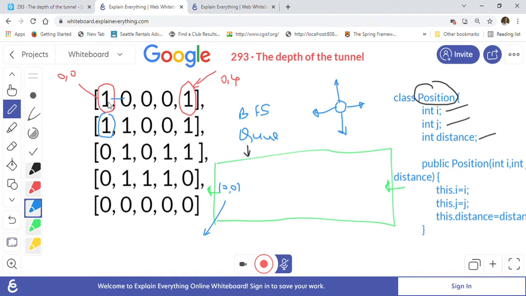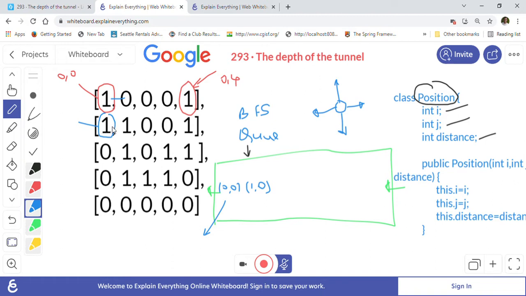If we look like this, then this one we want to keep, because this is a valid tunnel cell, since this is 1 and this is also connected with the past one. As you can see, this one is first row and 0th column. So we will keep 1 comma 0 in our queue, and that will be our position object. We created a position class for holding that information.